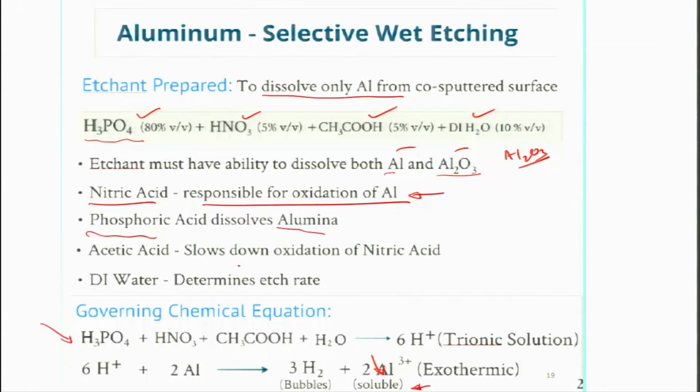Acetic acid slows down the oxidation by the nitric acid. If this step is slowed down and not much aluminum oxide is formed, phosphoric acid will not be able to dissolve so much alumina. So, we can have good control by varying the percentage volumes of the various blocking agents as well as the enabling agents, so that etching happens at a certain rate. We want a slow oxidation process, so that there is a porosity distribution within the whole volume of the co-alloyed material which is being